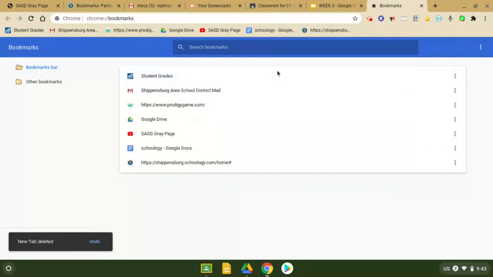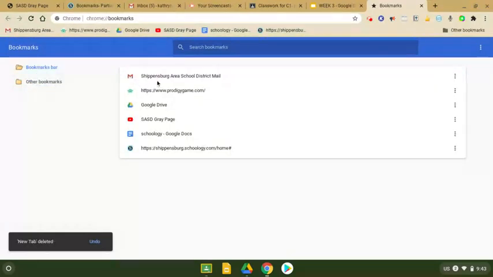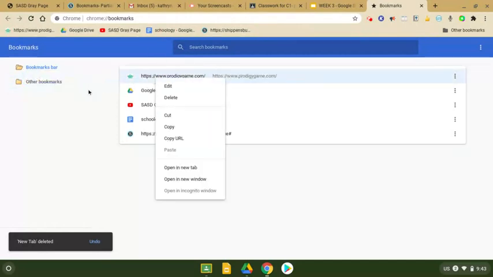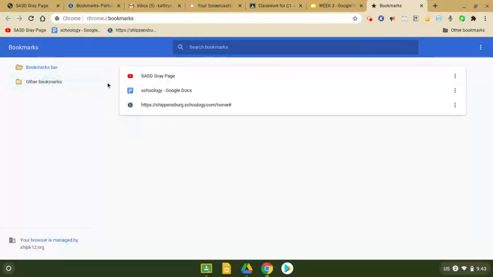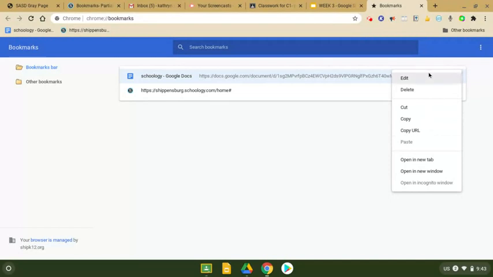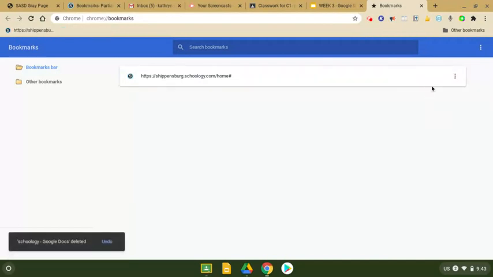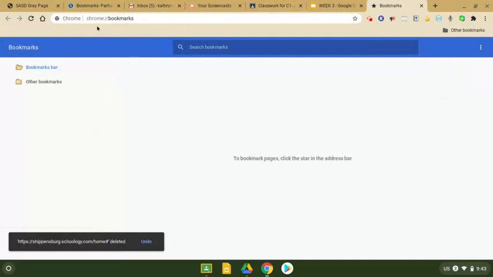If you're like, I don't want to delete them, I could also drag them into this other bookmarks bar folder. So if I'm like, I still want to keep them and have access to them, I can just simply move them to this folder. Or I can delete. Okay. So once I've cleared out my bookmarks bar, I can go ahead and start,